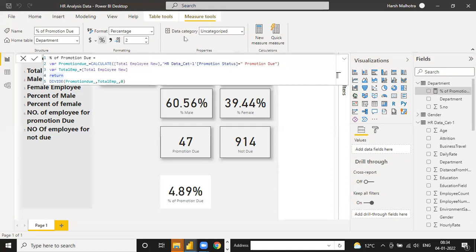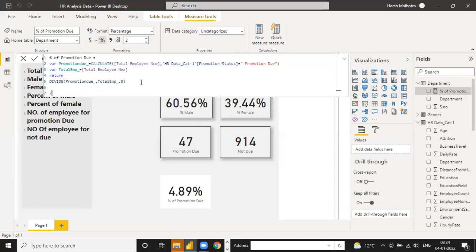Understand? So the variable will always come in green color. Variable always comes as green color. Suppose you already work in Excel, so in Excel also a variable comes as green color. Also a comment comes as green color. Suppose I write it down in green color and write any comment, you can see the color is green, but this color is a little different, and this is the comment color.